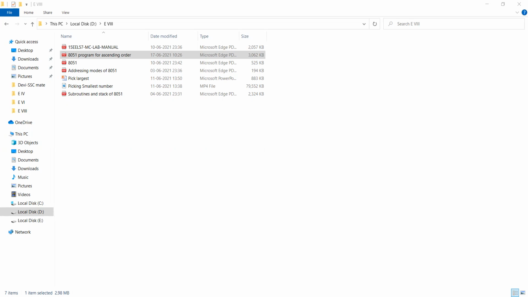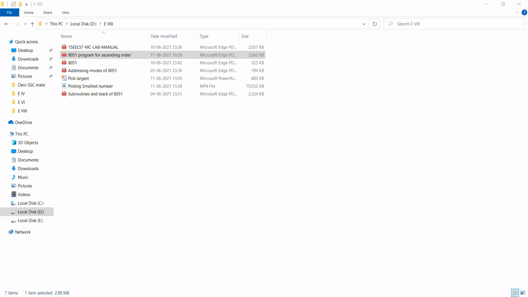So the next step. Up to this we have seen, so we have checked the number. After comparison, whether carry generated here or not, because A is already having the larger value, no carry generated.